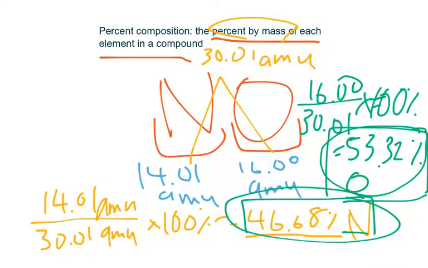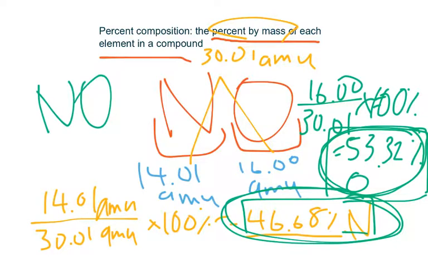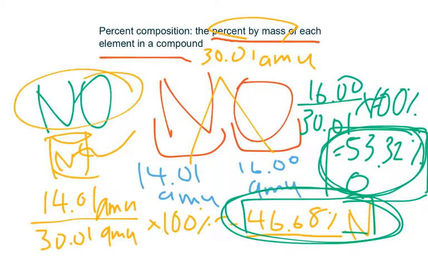This is just a description of, overall, if you have a sample of nitrogen monoxide, on average, 46.68% of its mass will be made of nitrogen. So scientists tend not to study just one molecule. They tend to study a large sample of molecules. For example, this bottle might have maybe a mole of nitrogen monoxide, so that's a lot of this stuff,